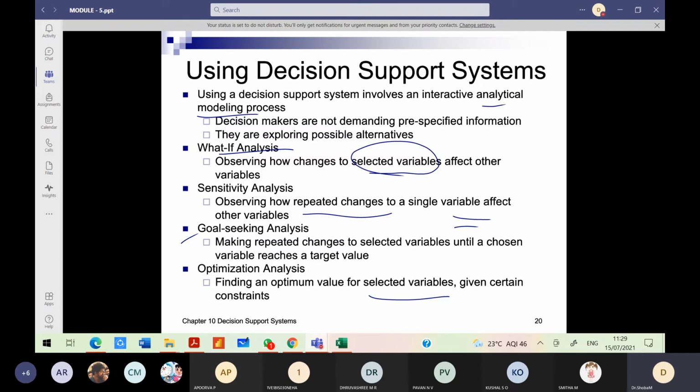The salesperson should visit all the cities, right? And what is the constraint? He should complete his tour so that the total cost is minimum, right? So that is the condition given. And the best route the salesperson will choose is the optimum path. So that is optimization analysis.